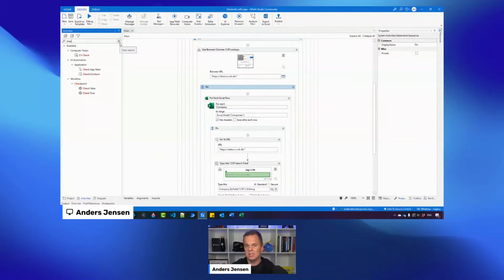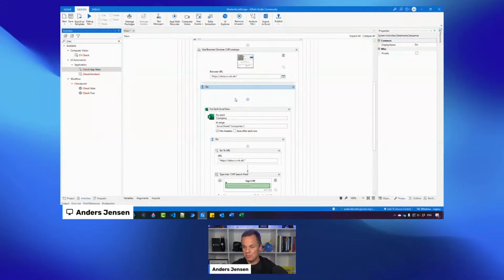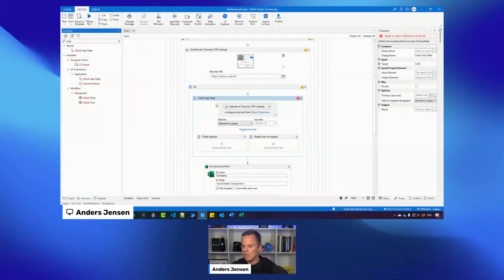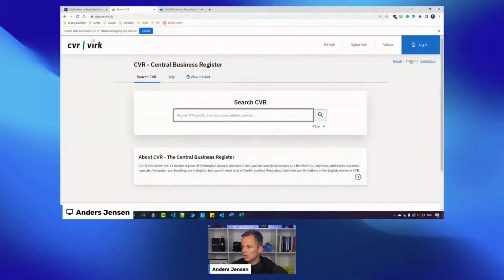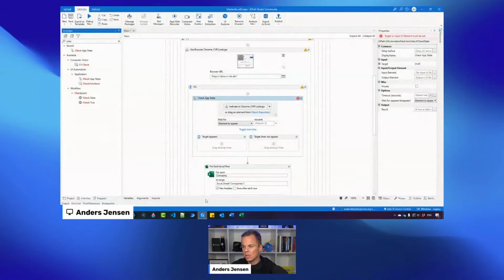And when this starts, it checks for something, and then it will have two branches, if the element appears or if the element doesn't appear. So I'll put in the check app state. Here I need to say, what do I want to check? And let me just be sure that I want to check if this is clicked. So if this is black, then I want to have it here. And let me just show you quickly. I'll open up the UI Explorer